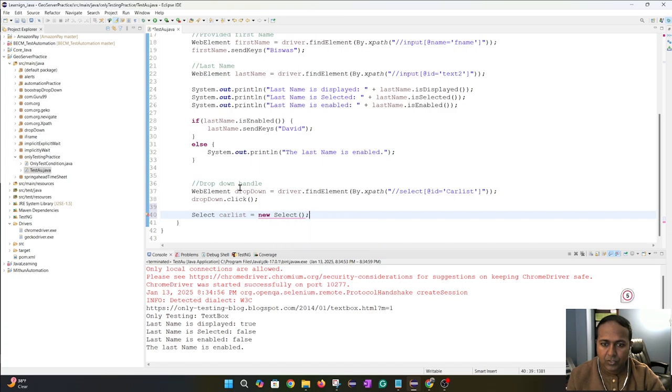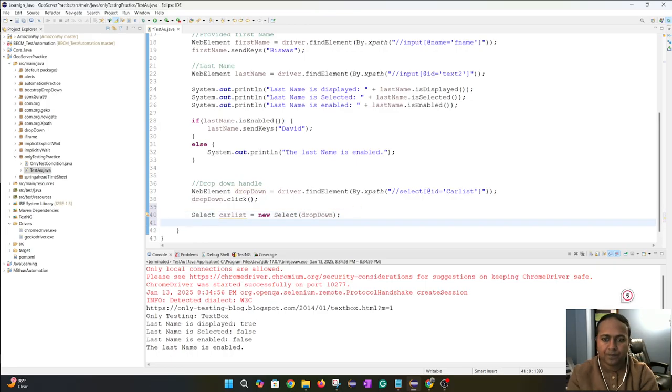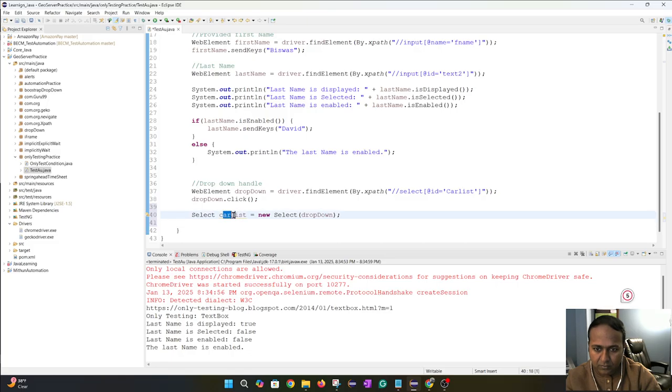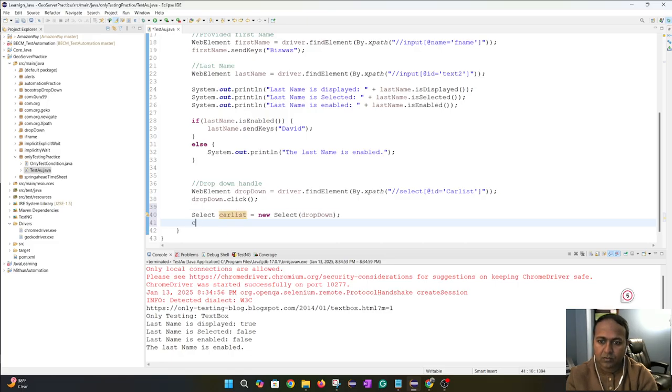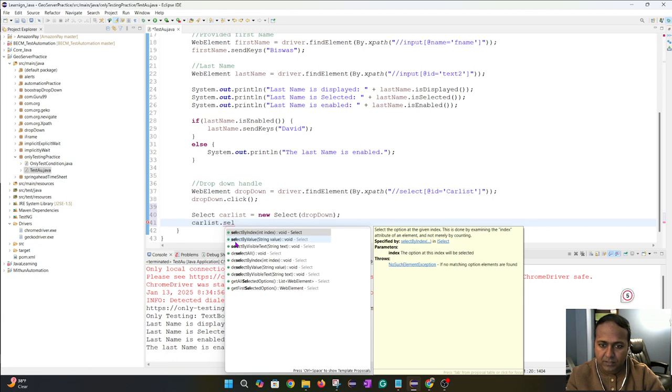Now I need to provide the variable right here. You can see that all the red marks are gone, which is nice. Now I need to call this variable, so car dot select